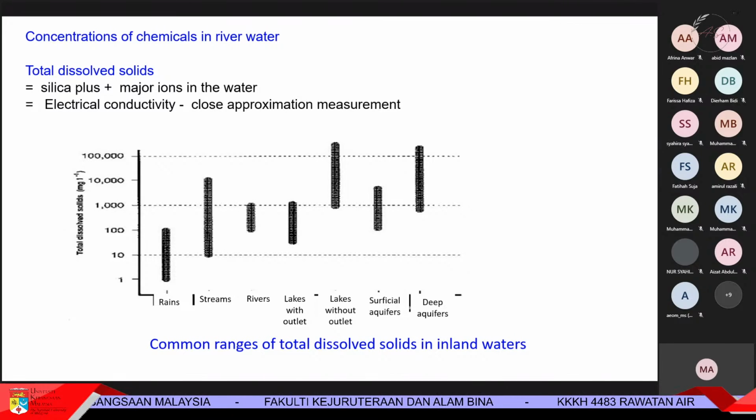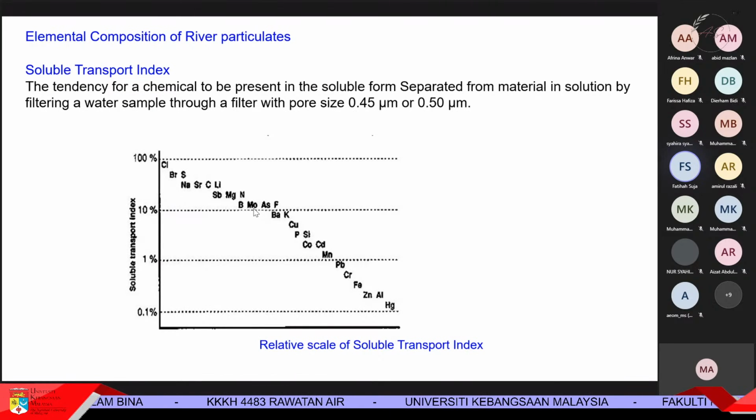Actually, this is true for major elements like aluminium, iron, silicon, calcium, magnesium, sodium, potassium, manganese, titanium, and phosphorus. But for trace elements like arsenic, cadmium, cobalt, chromium, the composition is very similar in tropical rivers and in temperate and cold rivers. Okay, so